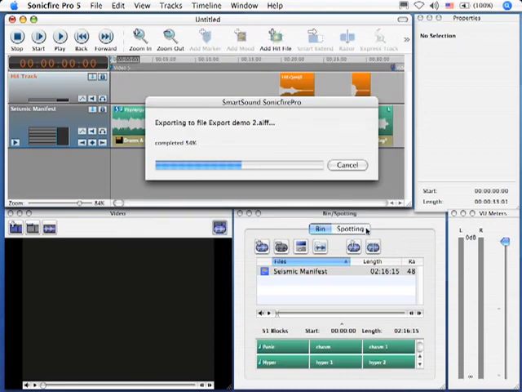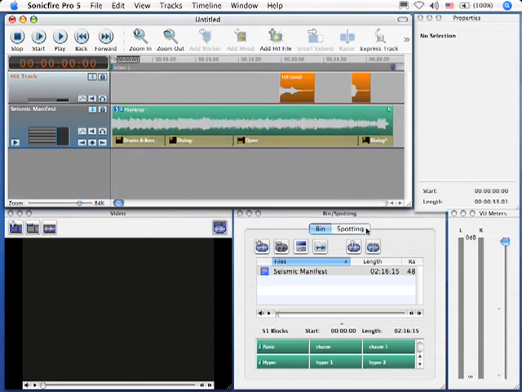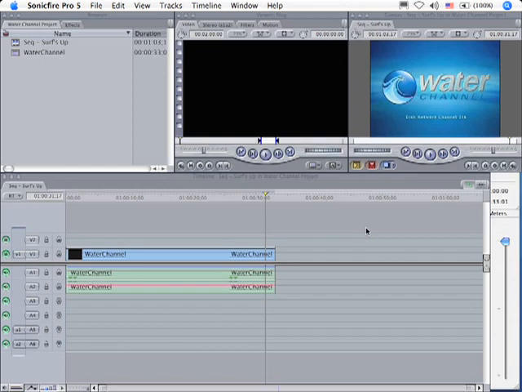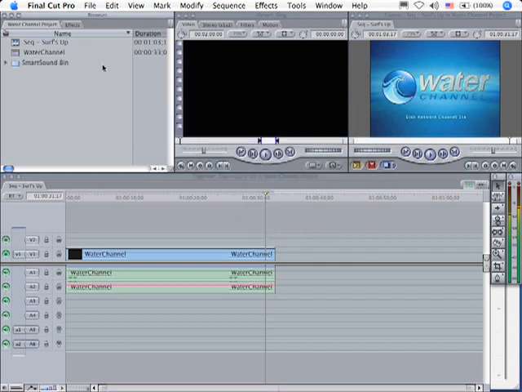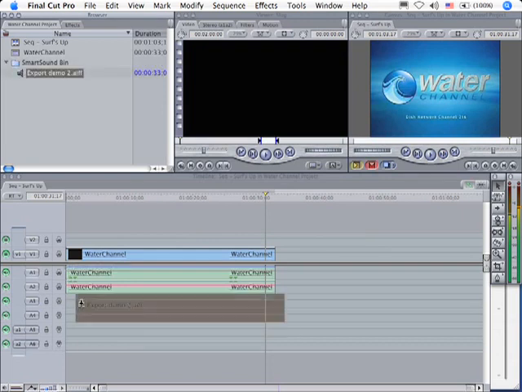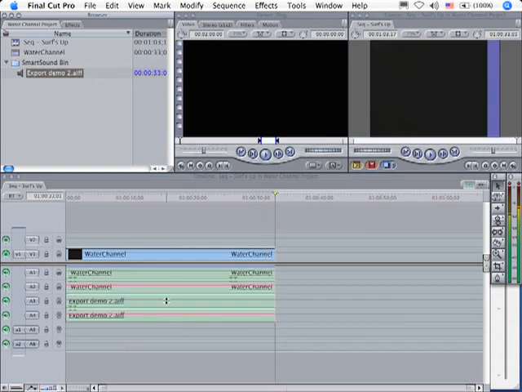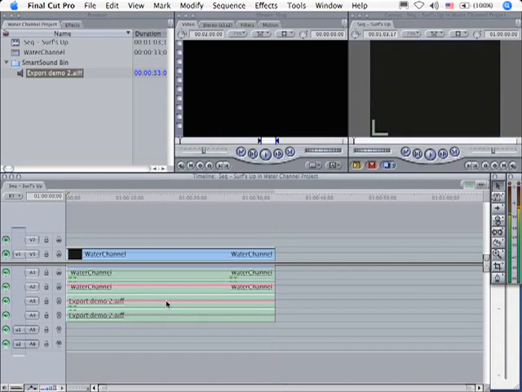It exports it, but this time it fires up Final Cut, and it displays a dialog box. And that dialog box says, where do you want to put it? Well, I want to put it in the water channel project that I've created, and I leave all the default settings alone. It creates a new bin inside Final Cut. I twirl it down, and there's my music. I'll just grab this music and drag it down here. And I've tested this. I have to drop the level down just a bit because it's a shade on the loud side. And when I hit the space bar,